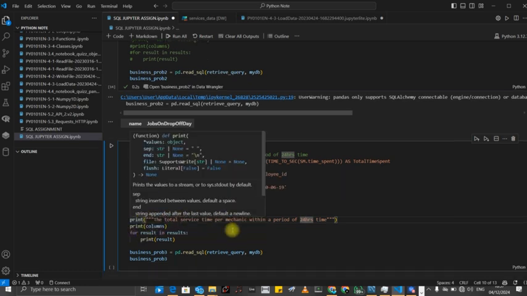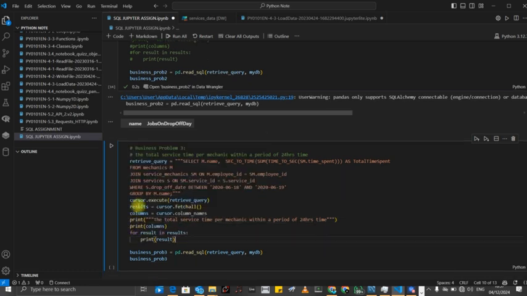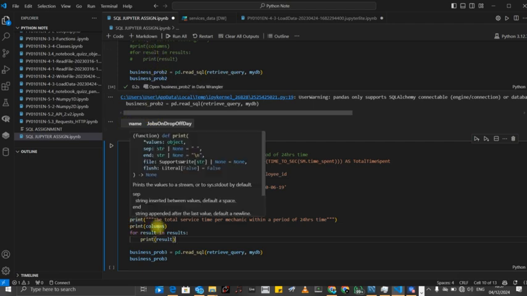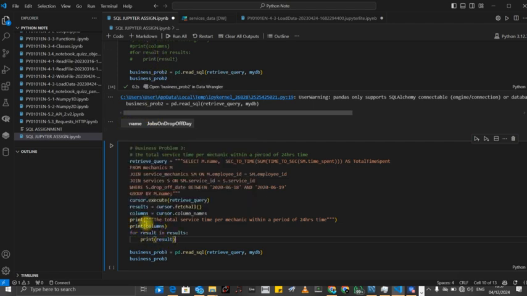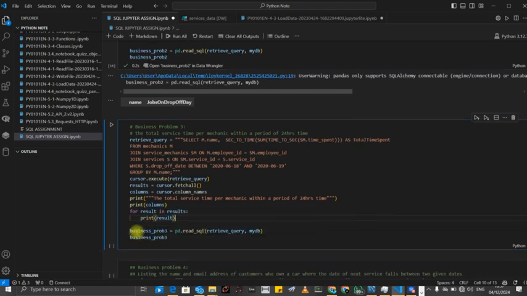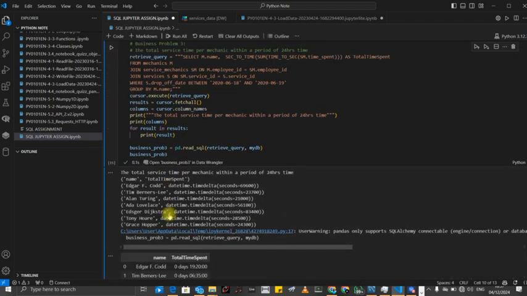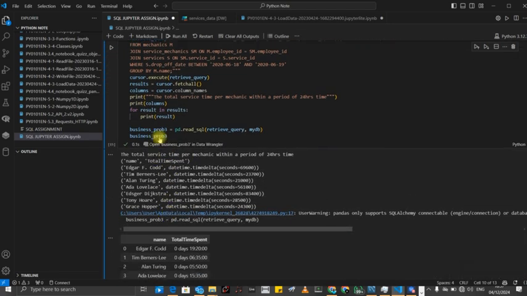Put everything there. So you can use, like I said earlier, the print function, you write it, or you can use your Panda data frame function. So let's run it. So this way, you're going to see